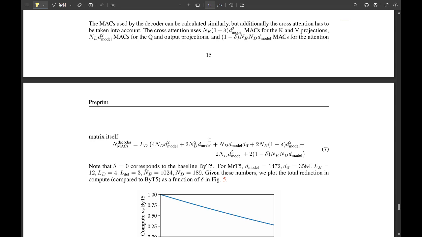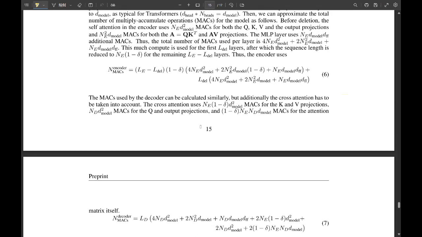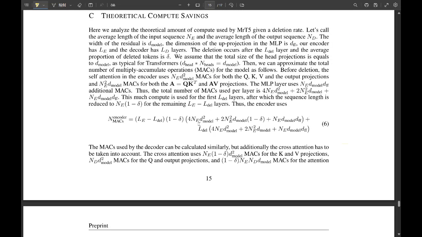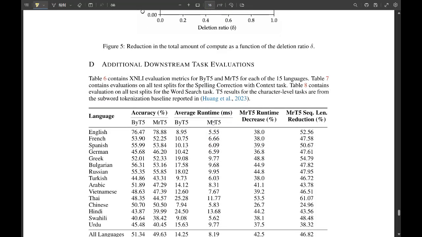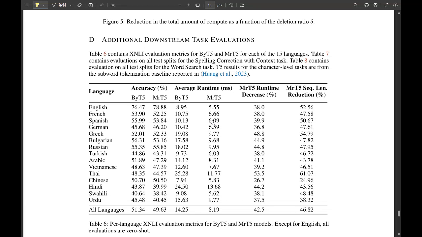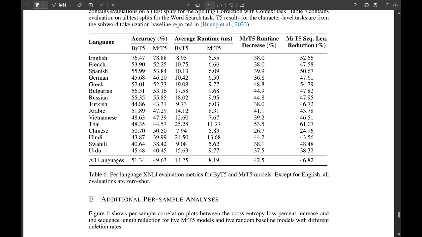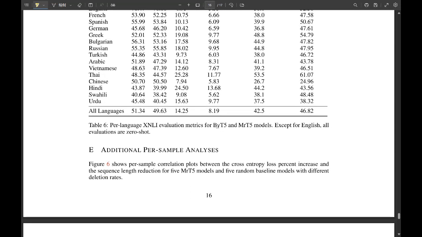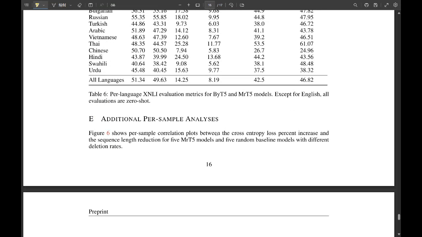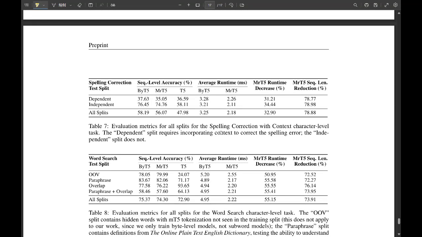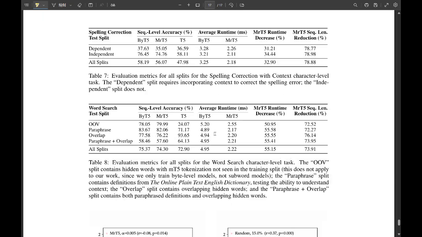Because XNLI typically involves long input sequences, which is where those traditional byte-level models really struggle. Remember, longer sequences means slower processing times. But MrT5, with its merging superpower, was able to handle those long sequences much more efficiently. I'm guessing the results were good? MrT5 achieved comparable, and in some cases even better accuracy than Byte-level, but with significantly faster inference times. We're talking about a 38% speed up. Wow, that's significant. Yeah. On the English XNLI test set. It's a big improvement. Okay, that's a pretty substantial improvement.